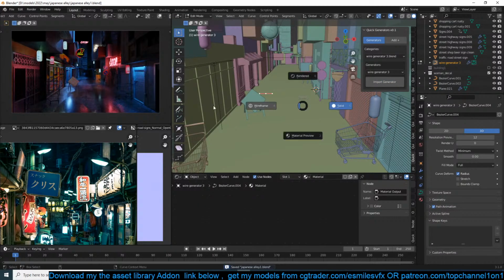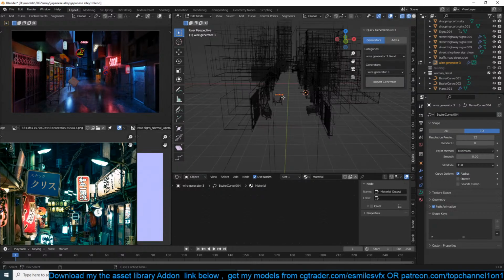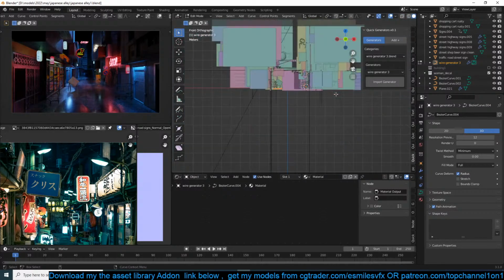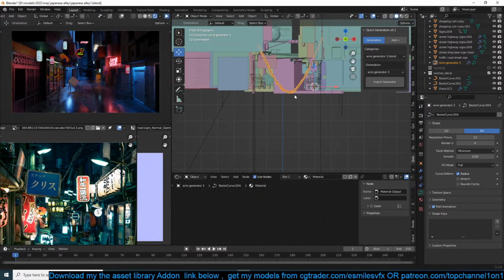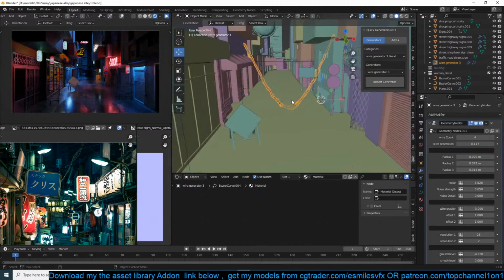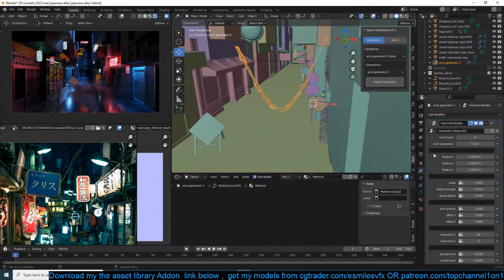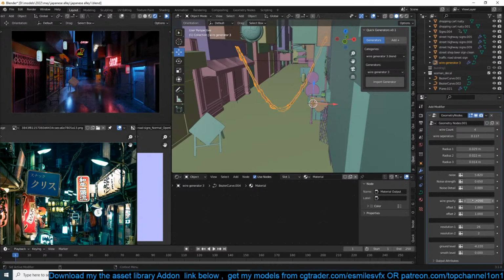So we want some wires that hang like that. These ones are hanging too much. So I'm going to come in here and change the gravity.